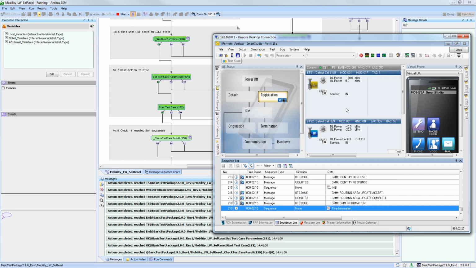So now we see that the mobile device triggered the registration in the WCDMA cell,